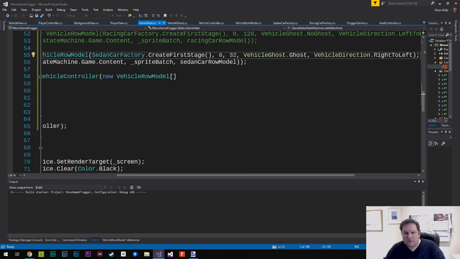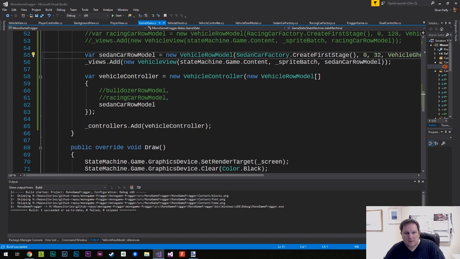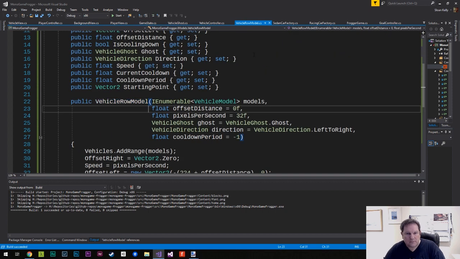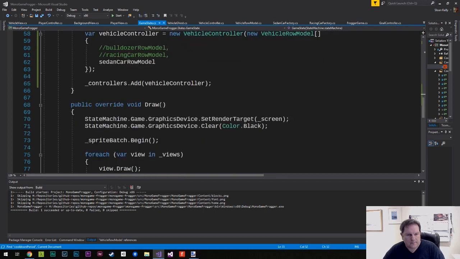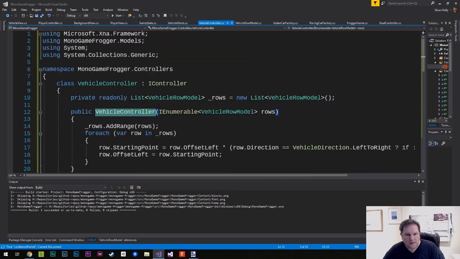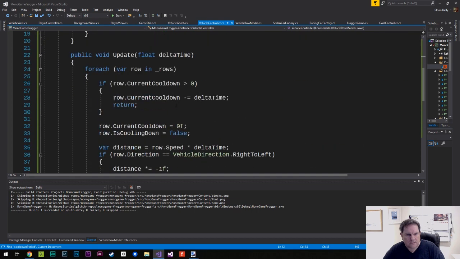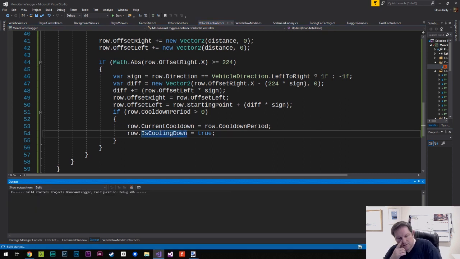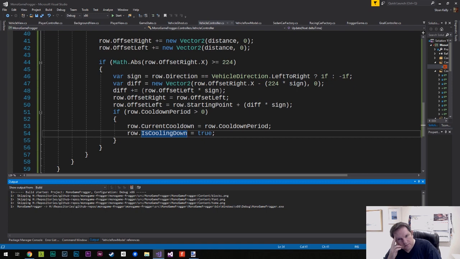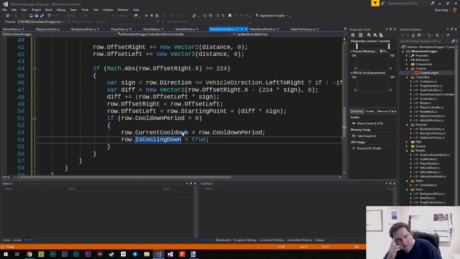Vehicle ghost, right to left. It should default to cooldown period. Oh, wait. Cooldown period, yeah. And then in the controller, it checks to see if the cooldown period is greater than 0. Okay, so this should not pause. And if it does,